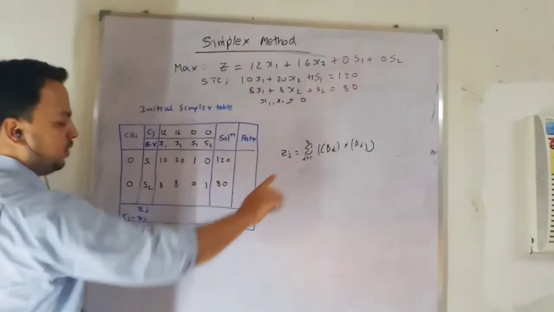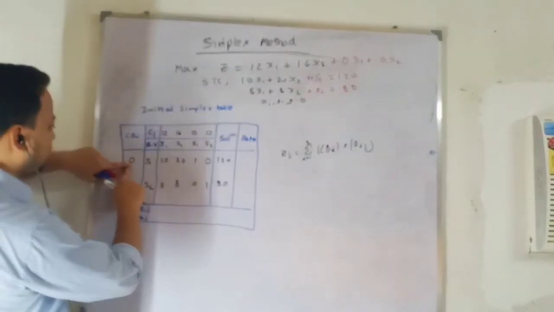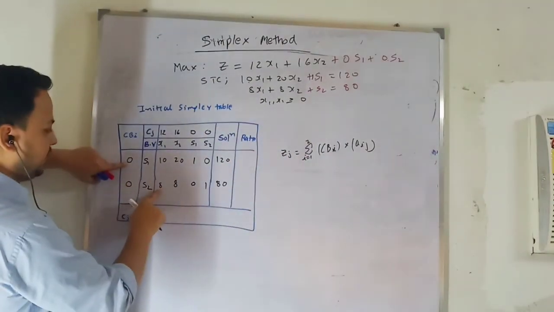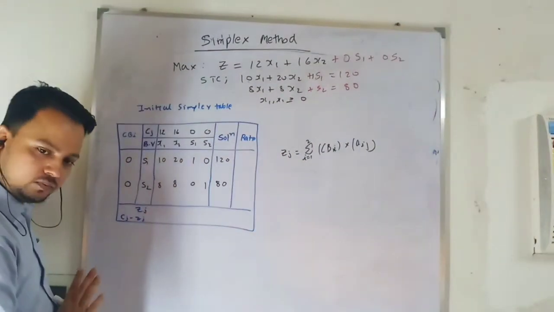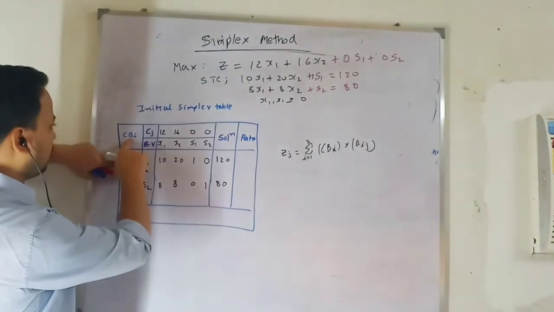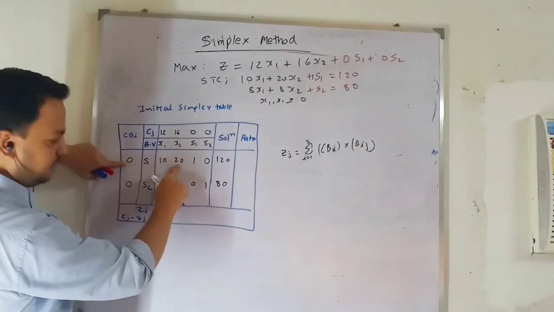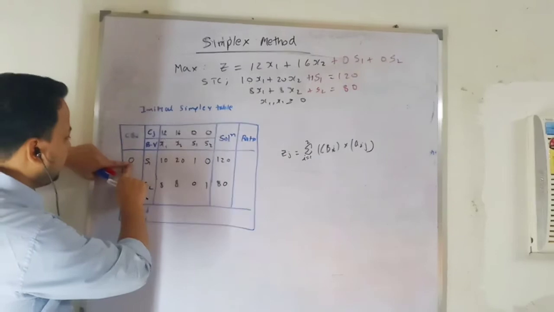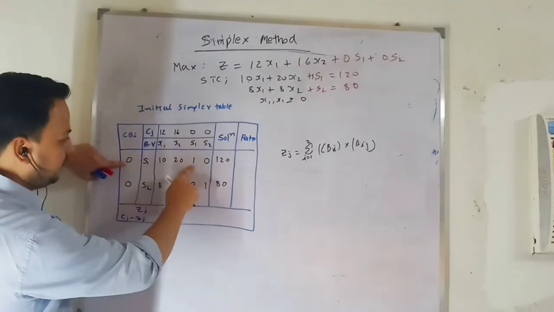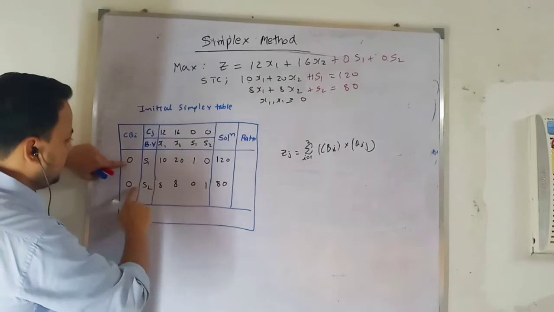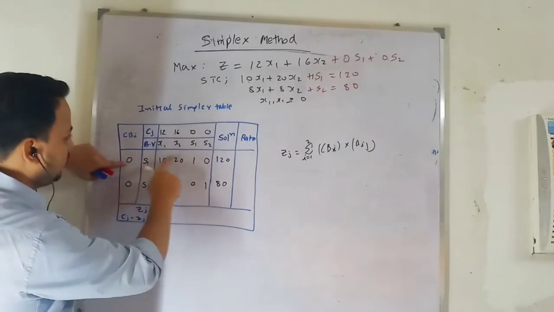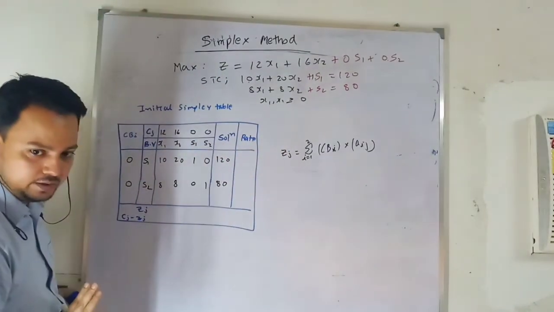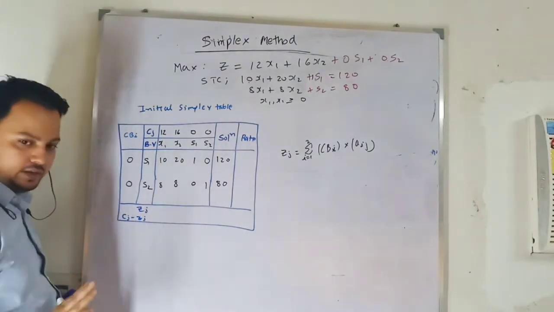So this formula translates into: I have to multiply 0 with this, because I have the summation, then plus 0 with this one to get the first value. Then CB1 will be this one multiplied with this, plus 0 into this one, I will get the second value. Similarly I multiply this with the third element, A13, plus 0 into 0. Similarly I multiply this 2 plus 0 into 1. In the video it is in detail, you can go to it.